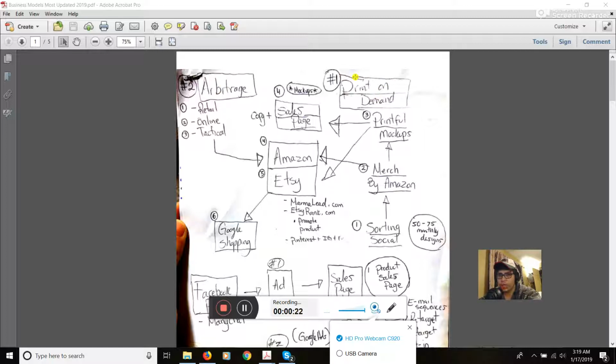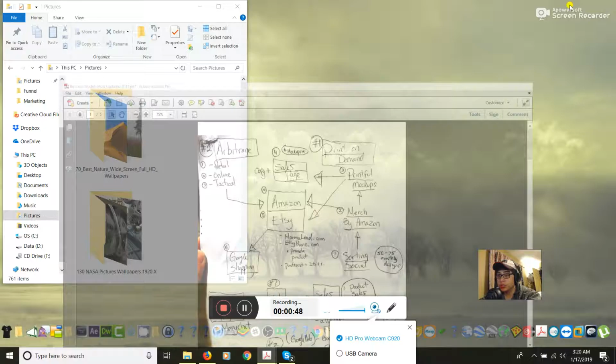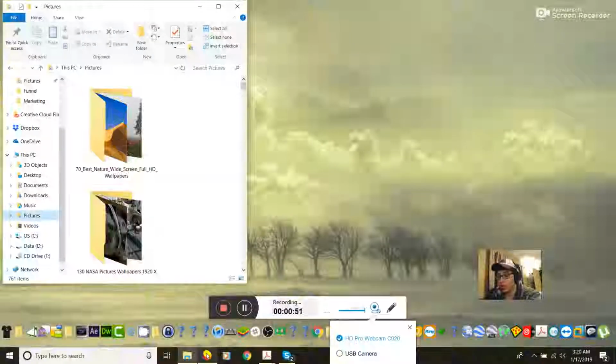So for print on demand, I'm using Printful, I'm using Merch by Amazon, and I'm also using Sorting Social. The way that it works is that you go on the website sortingsocial.com, you look for the hottest designs, then you use those designs to inspire you, and you upload those designs on Merch by Amazon and on Printful. So I'm going to show you